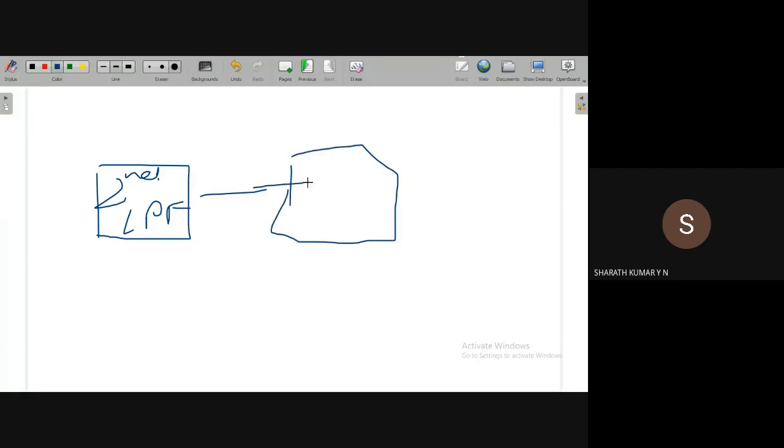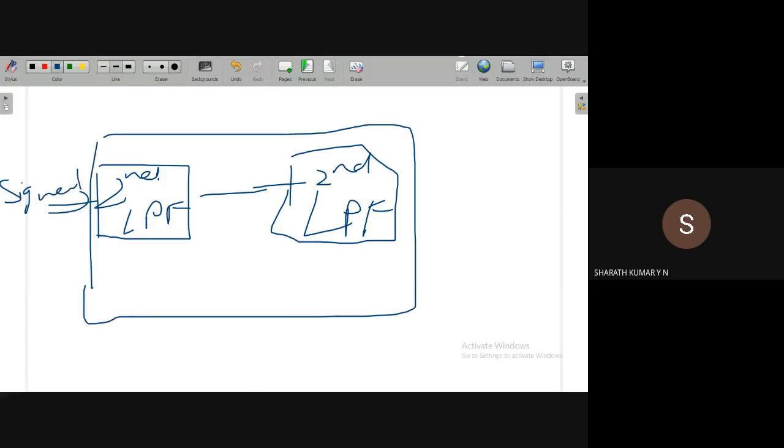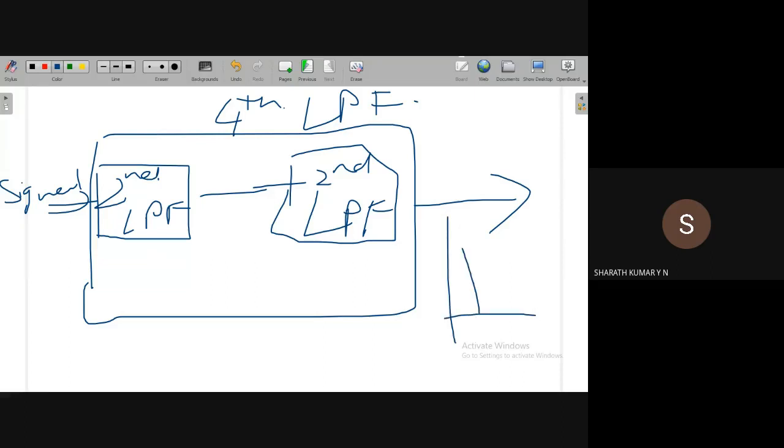Sorry for my mouse. Second order low pass filter. So we are applying the signal here, the signal source. These two second order low pass filters implement a fourth order low pass filter. Okay, this is possible. So that's why we can build it. But the problem here is, guys, the more filters used, of course, we approach some ideal conditions. Maybe that's possible. Of course, for a low pass filter, it will be something like this.